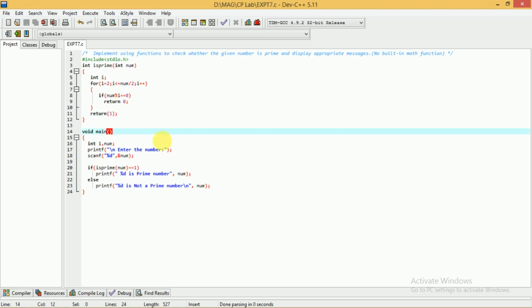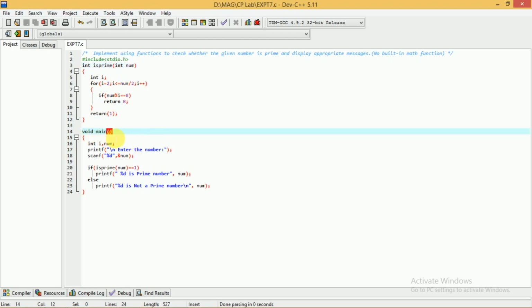Okay, so after this particular function, to indicate the lines that are part of this function, after the name of the function you should include the opening brace, and after the end of all the lines you have to include the closing brace. So between this opening brace and closing brace, whatever elements and lines are there, these will be considered as part of this user defined function.